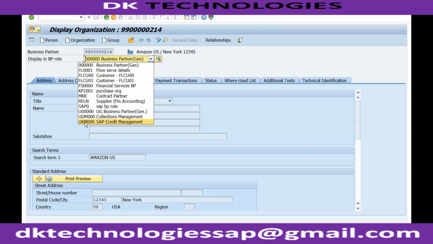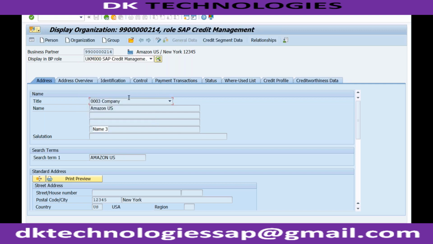Same way, you will be able to see UKM 000. This UKM 000 is a role for SAP credit management. If I go to this role, you will be able to see the credit segment data and these new tabs, credit profile and credit worthiness data. These two things and credit segment data will appear only when you select this BP role. So now if I click on credit segment data,